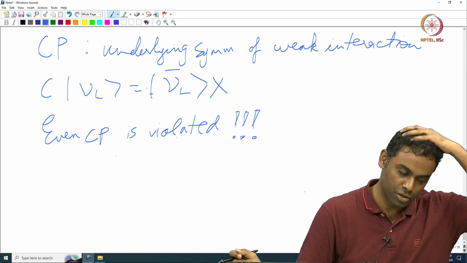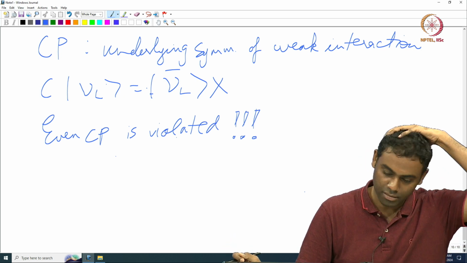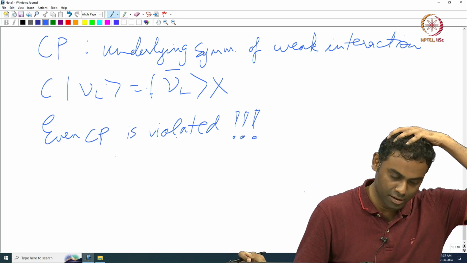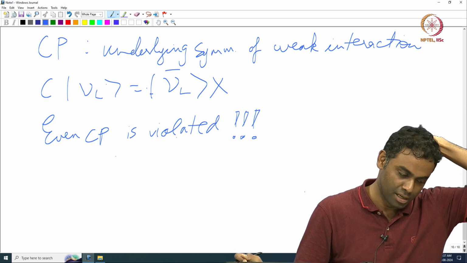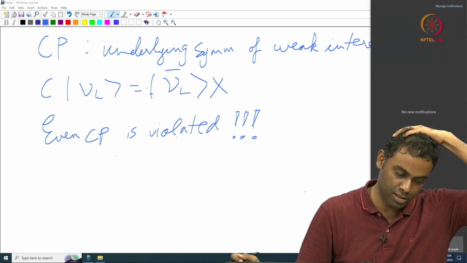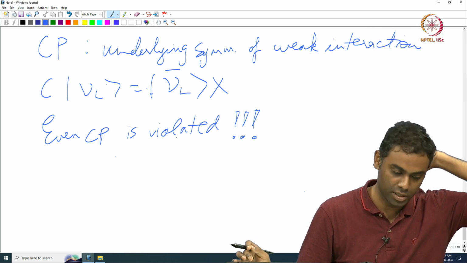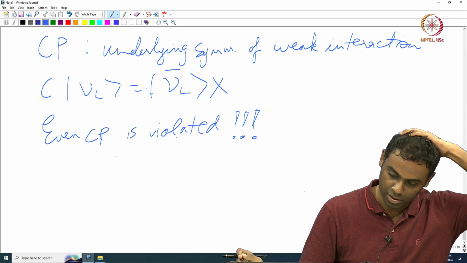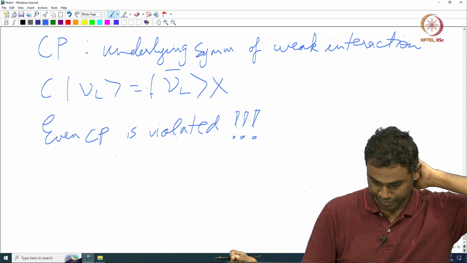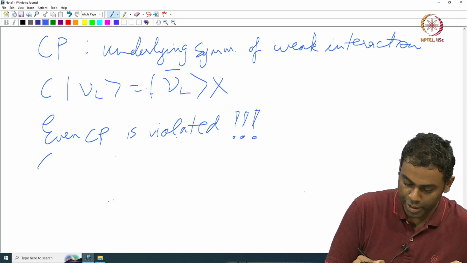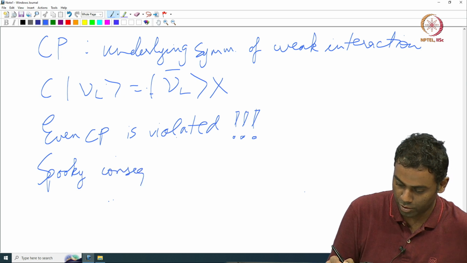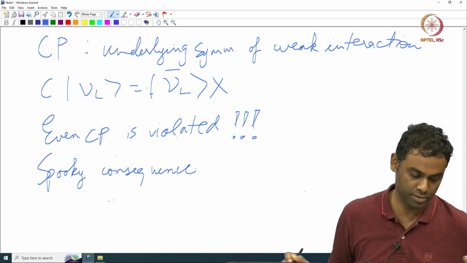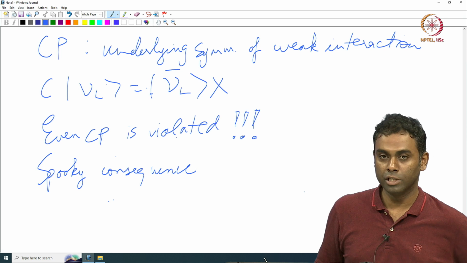Okay. So, when this was discovered and that even CP had to be given up, that was a very profound sacrifice. The world really is not as symmetric as we think at a fundamental level. Okay. Not only that, this has a spooky consequence, okay, and that is what we are going to talk about for the next 5 or 10 minutes. The spooky consequence is that